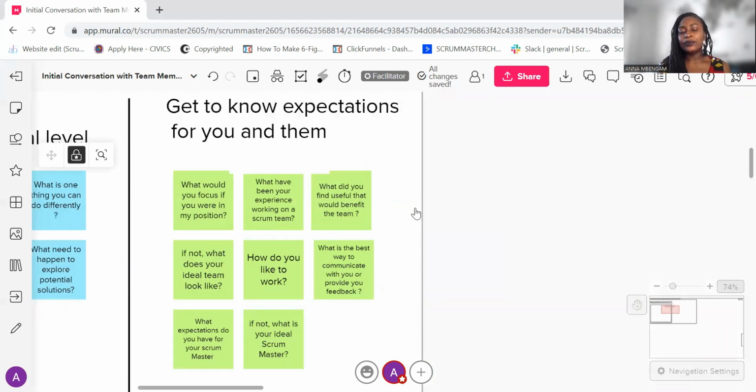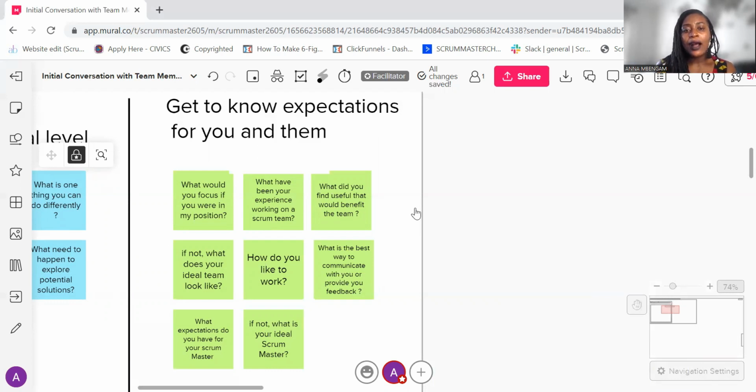I would ask them, being that I'm new to this team, if you were in my position, what would you focus on, right? It gives me an understanding of what they want me to focus on, so I don't come here and try to have my own agenda. I go based on what their agenda is, and I'll ask this of all the team members, and based on what their responses are, I'll do an analysis on it and then take my next step or next action with that.